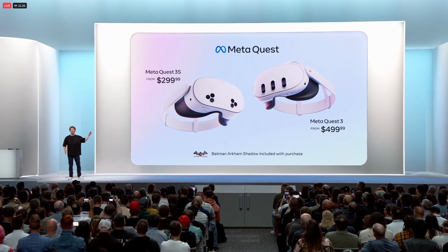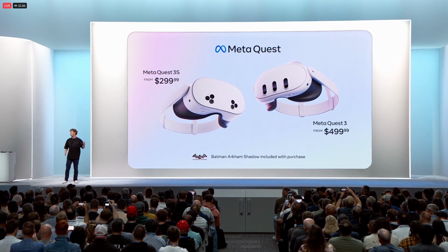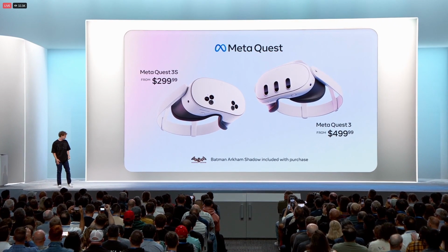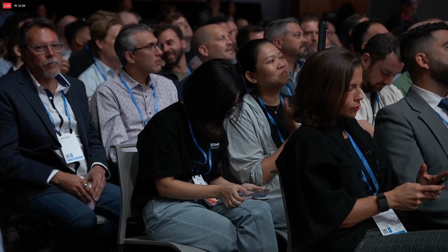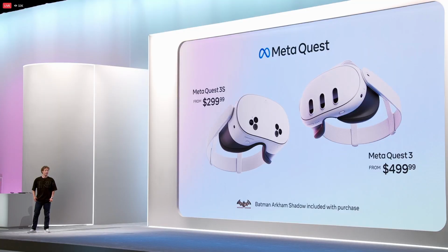But there is one thing that could probably bump up this headset when it's confirmed, because the Quest 3 has upper body tracking, where it tries to guess where your arms and elbows are in your hands. And it's recently come to my attention that it actually will have upper body tracking, so that's pretty cool. So if you have a Quest 2 and you're really struggling to think if this headset's really worth it,